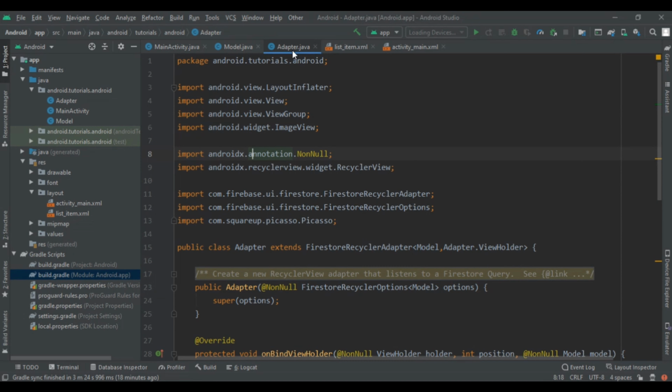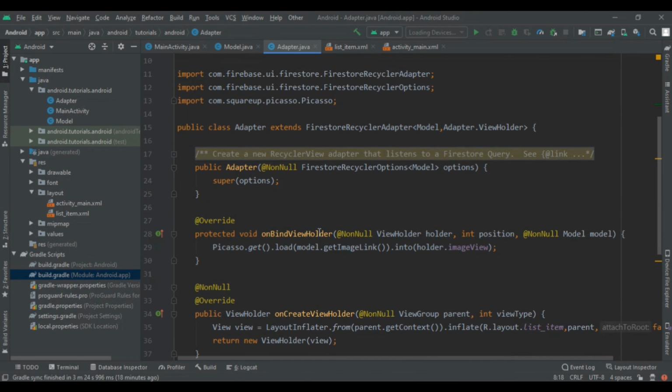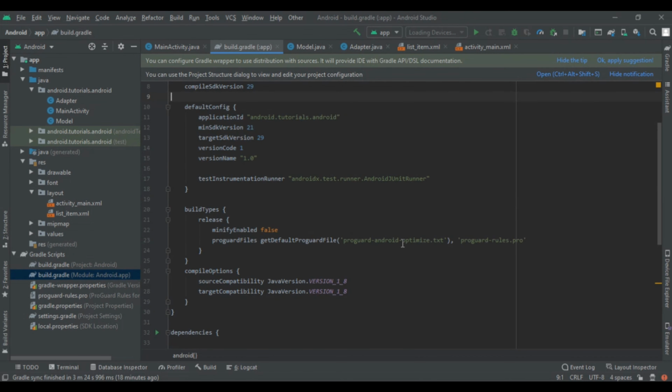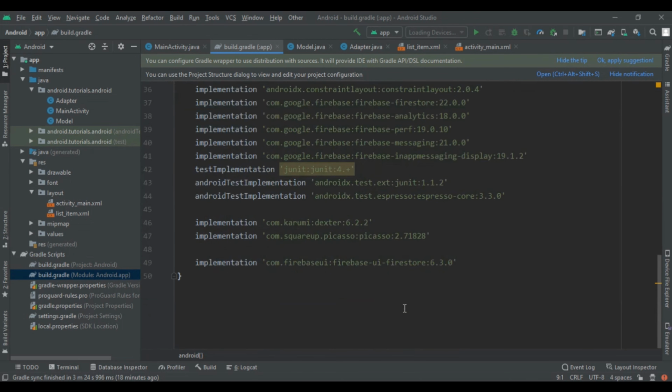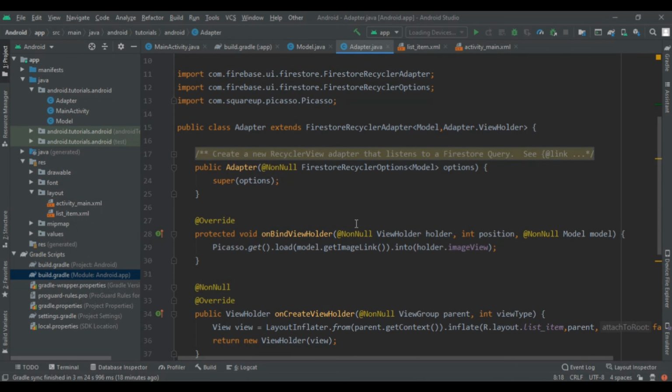So to create this adapter, we first need to add the dependencies, as I had said. The dependency is this Firebase Firestore UI library, and after that here we are in the adapter.